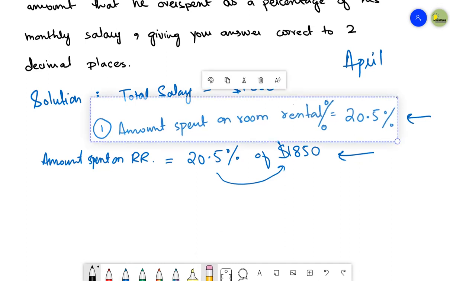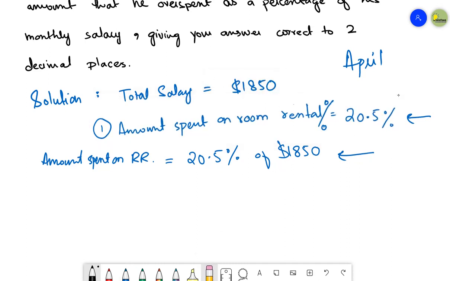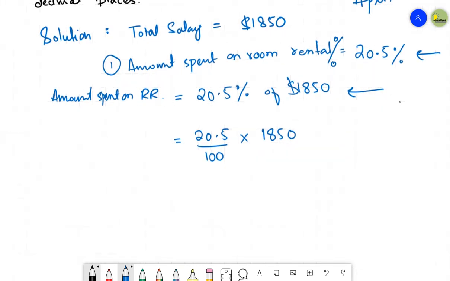This was the total amount, that was 1850. It was his salary, and out of the salary 20.5% was spent. So we can convert like this. We know that 20.5 can be divided by 100 in order to remove this percentage sign. Then this "of" will be converted into a multiplication sign, and then we will have 1850. Okay, sorry for the bell. Now 20.5 divided by 100 multiplied by 1850. Let's write down denominator 1 over here so that both the numbers can become rational.